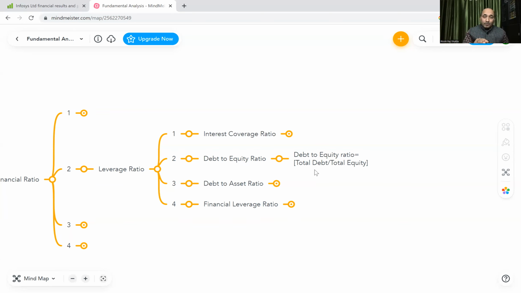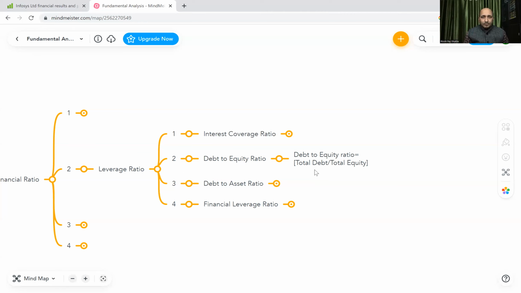If the trend is upward, that means even if it is 0.01, 0.02, 0.5 and increasing, maybe below 1, we still have to deep dive and see why the debt component is increasing, and it is an alarm. So trend is more important than the absolute figure. Even if it is less than 1, but it is on an upward journey, then we should deep dive and see. And this is also a red flag.